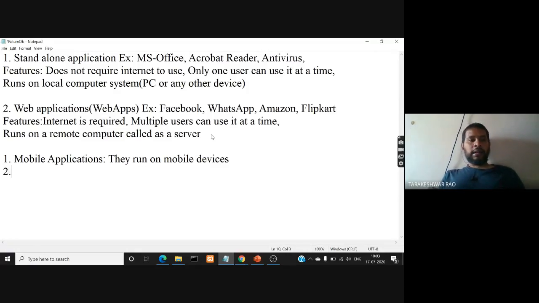Coming to the second category, browser-based applications.